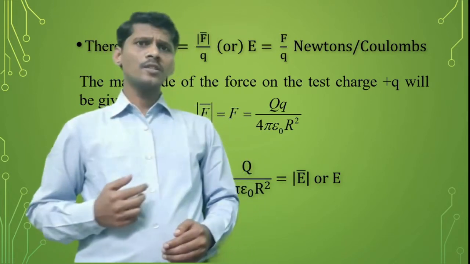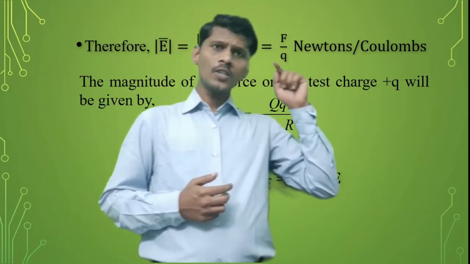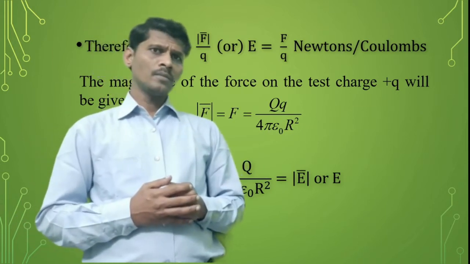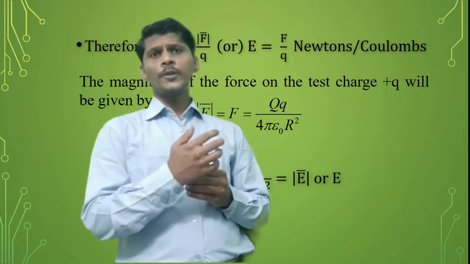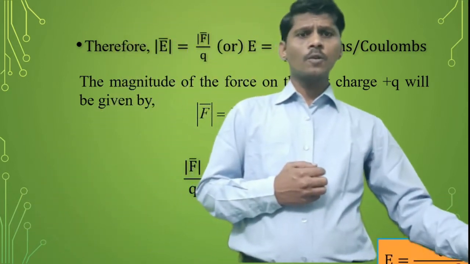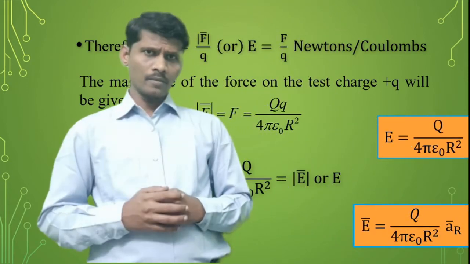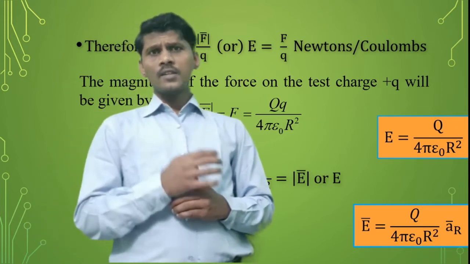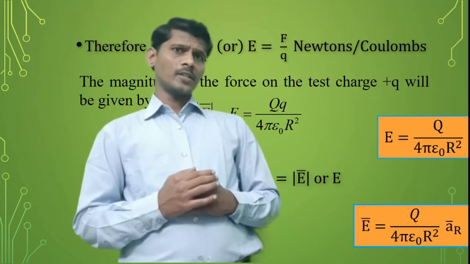So this equation is called the magnitude of the electric field intensity at a test charge small q due to the fixed charge capital Q. In terms of unit vector, the electric field intensity due to the fixed charge capital Q is given by E bar is equal to Q by 4 pi epsilon naught R square into AR bar, where AR bar is the unit vector in the outward direction from